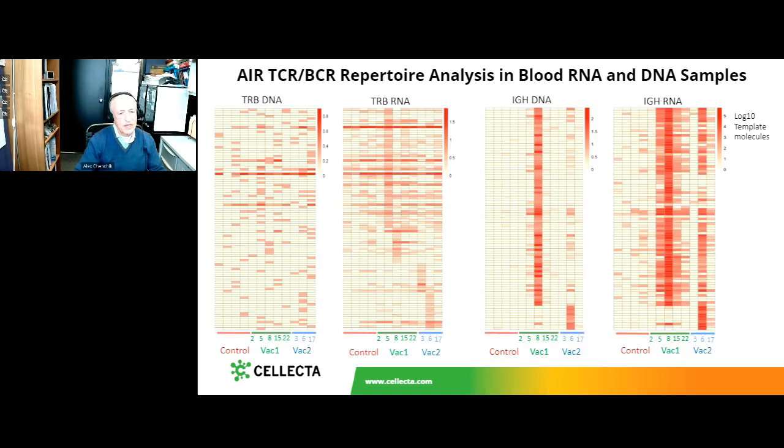If we run the same samples with the immune repertoire profiling assay, we generate data like illustrated here on this slide. If you look at the right portion of this slide, which shows IgH, the heavy chain of immunoglobulin or B cell receptors, you can see that if we amplify from DNA, approximately 1 week after vaccination, for both vaccination 1 and vaccination 2, we have strong